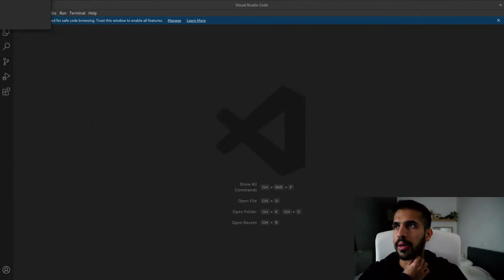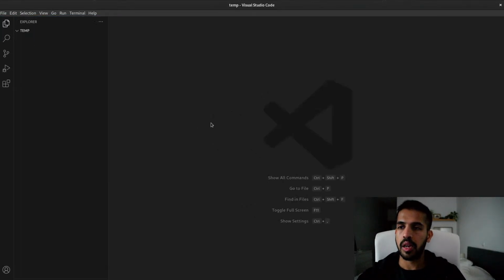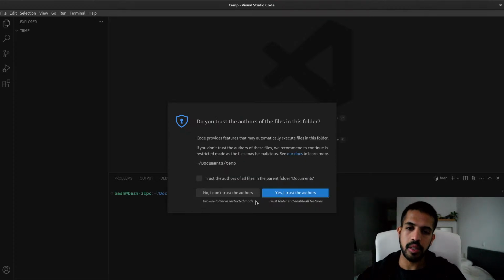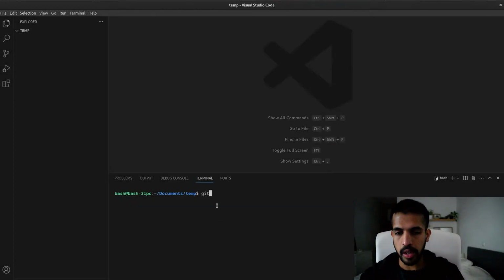So I hope it doesn't cause the whole thing to crumble. Yeah, okay. I'm now in a folder very descriptively called temp. Do I trust the author entirely? Maybe not, but I will hit this button anyway.